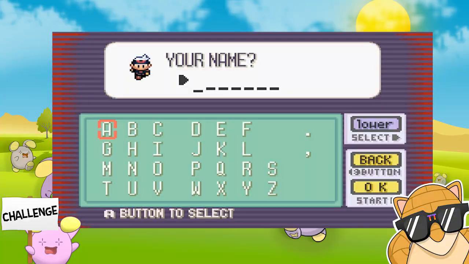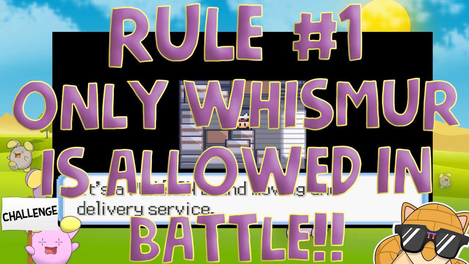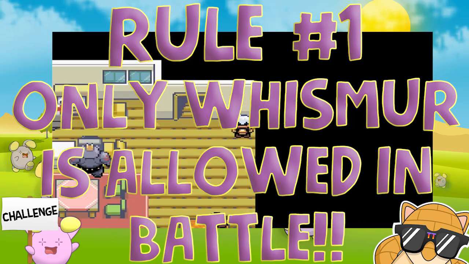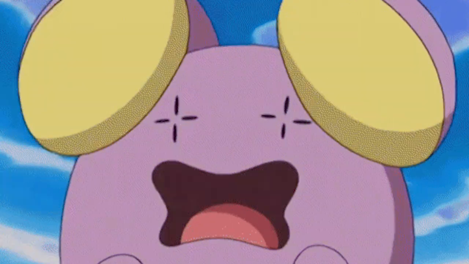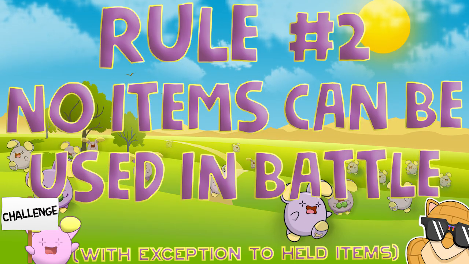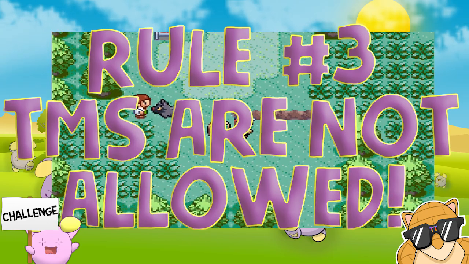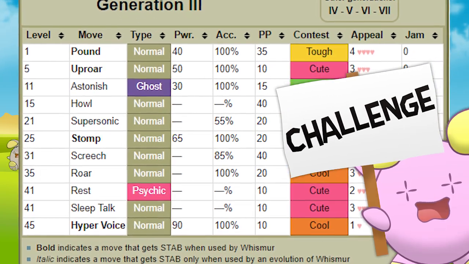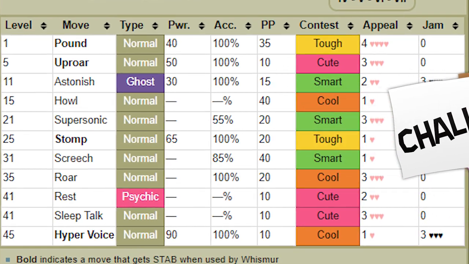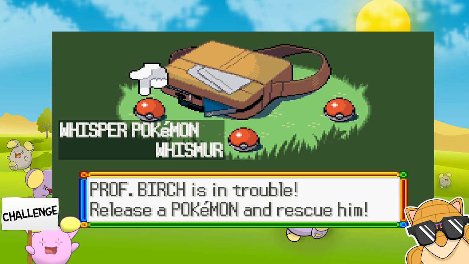Alright, so as you guys know the deal, my name's Trippy, and we're gonna hop right into this thing with the rules. Rule number 1, only Whismur is allowed in battle. Yep, that's right. Rule number 2, no items can be used in battle, just like last time. Well, with the exception of held items, of course. Now, rule number 3, just like the last challenge, no TMs are allowed, so we're stuck with the moveset that we have, which honestly, not that bad. I have a couple strategies in mind, but let's hop right into this thing and go ahead and pick up